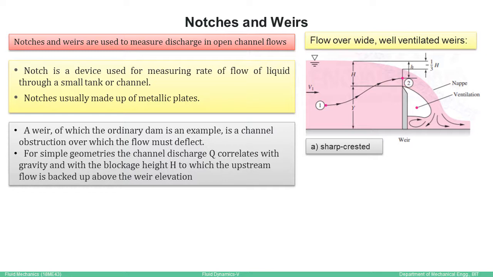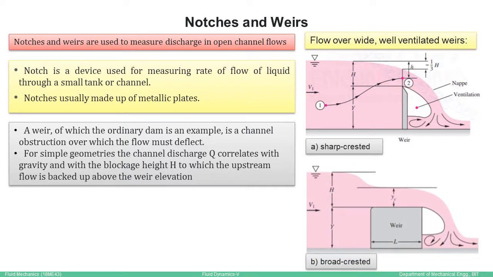Similarly for broad crested weirs, we have this situation, and you can see this ventilation. The condition for these discharge equations is that the nappe should be properly ventilated. That means the nappe should flow away from the vertical surface of this weir. It should not spill down vertically there itself. It should move away from this and stay clear of the wall, as you can see in the sketch. In such cases we can say that the weir is properly ventilated.